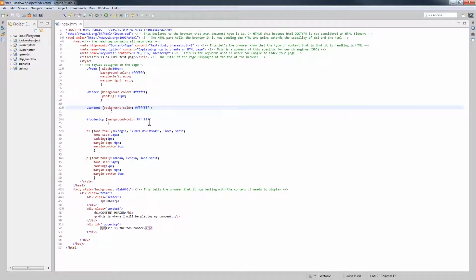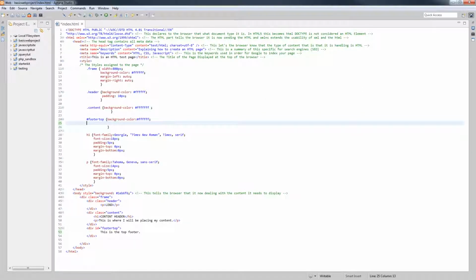The footer top, here I do want to put in a padding. However, one of the problems that I'm going to run into here is that this footer text is in a paragraph, so I do not want that. I'm going to take them out of the paragraph, and it's not a problem because they are in a div, so they are in their own area and we can manipulate them, and we will be doing that by simply saying the padding for the footer content needs to be 10 pixels,